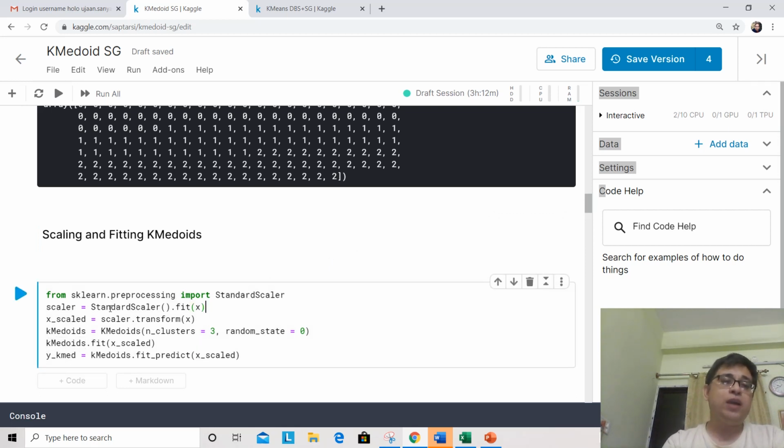We are doing a scaler.fit, then we are doing a scaler.transform, and this is imported from sklearn.preprocessing. Next, we are initializing k-Medoid with number of clusters as 3 and with a random state value of 0. Then we fit x_scaled and finally we use this to find out the cluster labels corresponding to the different observations that are there. So once this is run,